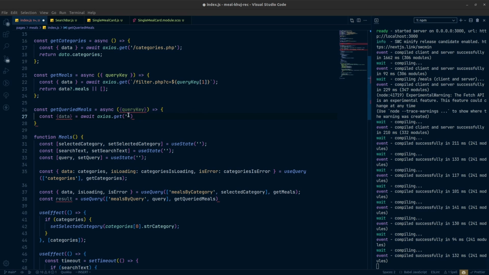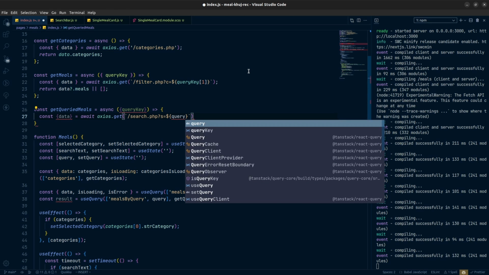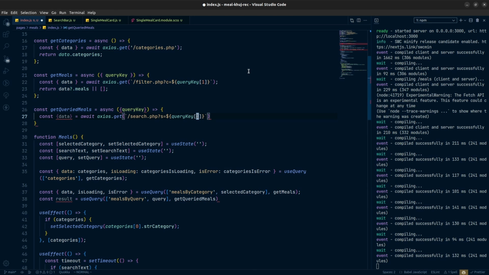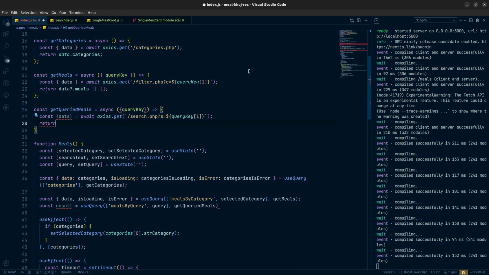So for that, the path will be /search.php, and after that we have our search, and search equals, we need to provide this, so we need to make this backtick, and also this one, and inside that we will use queryKey and the second one. So great, it will fetch the data,